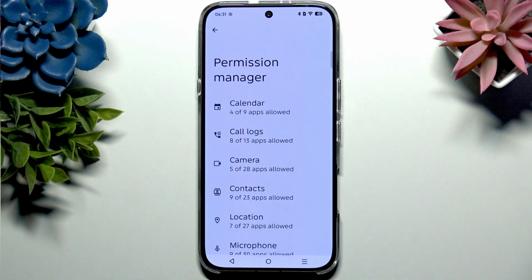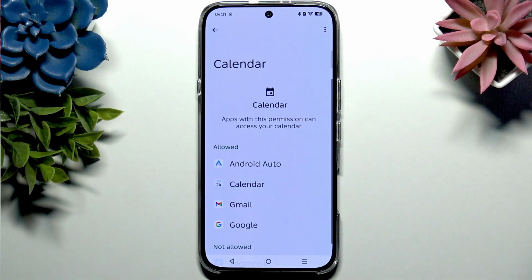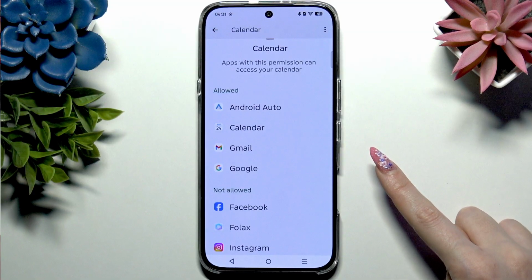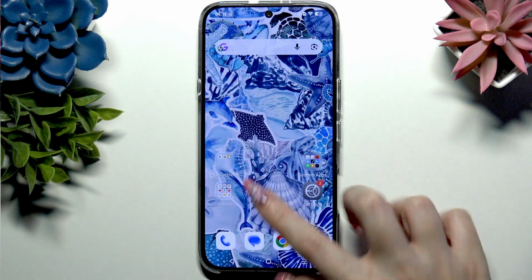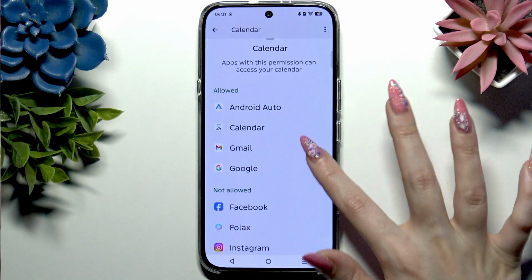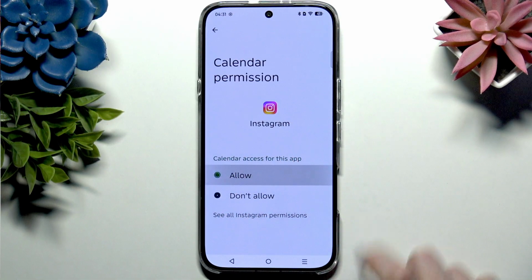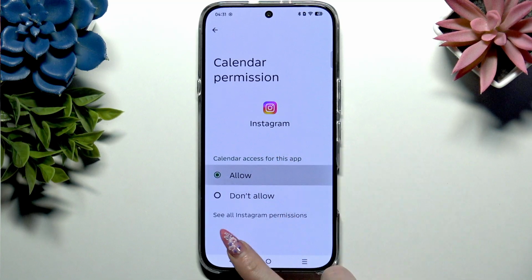So, for example, let's tap on Calendar and select an app under Allowed or Not Allowed, like Instagram from Not Allowed one. From here it's quite simple. Just select one of those options to apply the best one, allow or don't allow, and go back to check